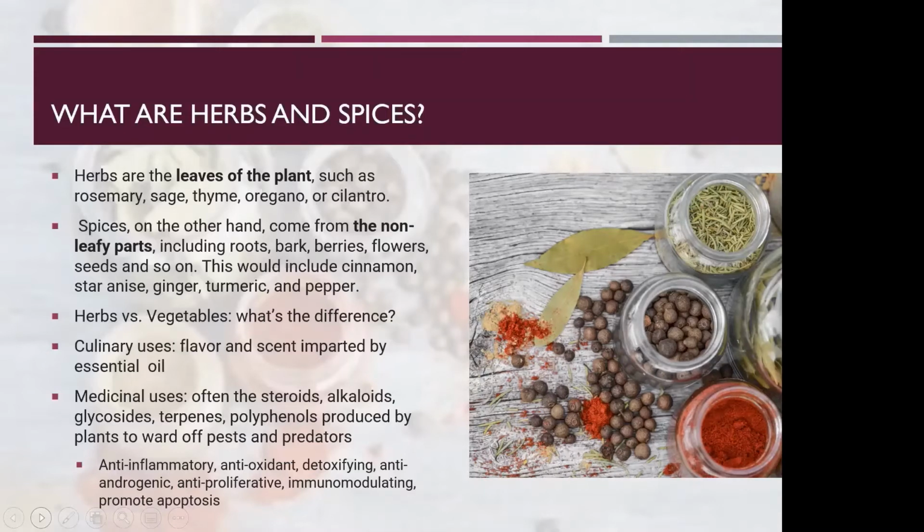So when we talk about the use of herbs and spices in a culinary sense, we're really using them for flavor and for their scent that's often imparted by the essential oil. When we talk about the use of herbs and spices for medicinal uses, we're usually talking about the other components of the plant. And herbs and spices are vegetables in a sense, vegetables and fruit, like everything else that we eat. And all of those things contain steroids and alkaloids and terpenes and polyphenols that we think the plants produce to ward off pests and predators